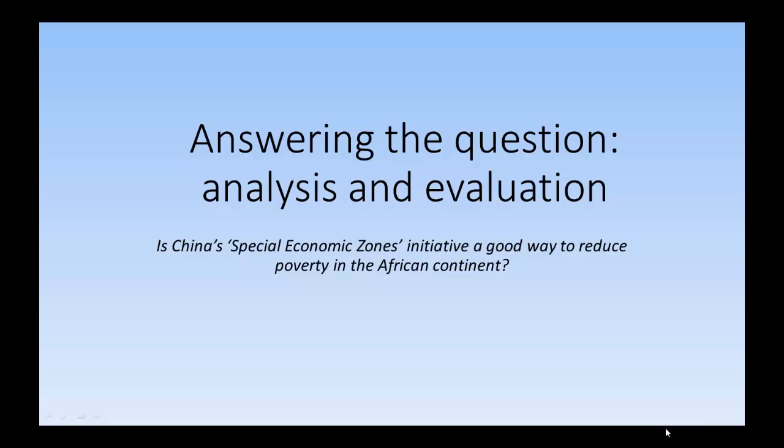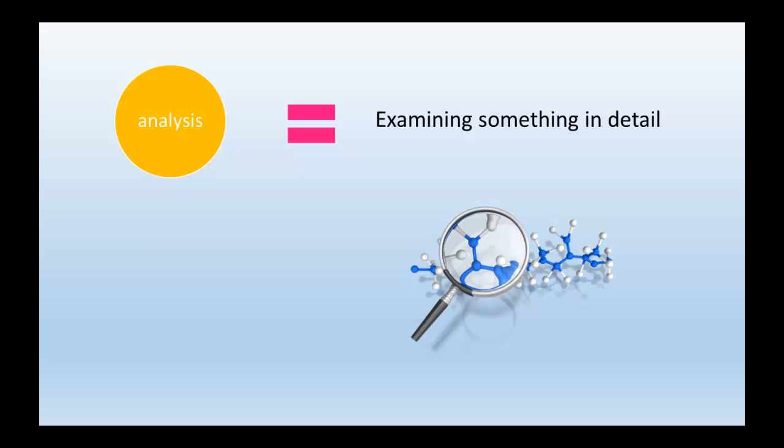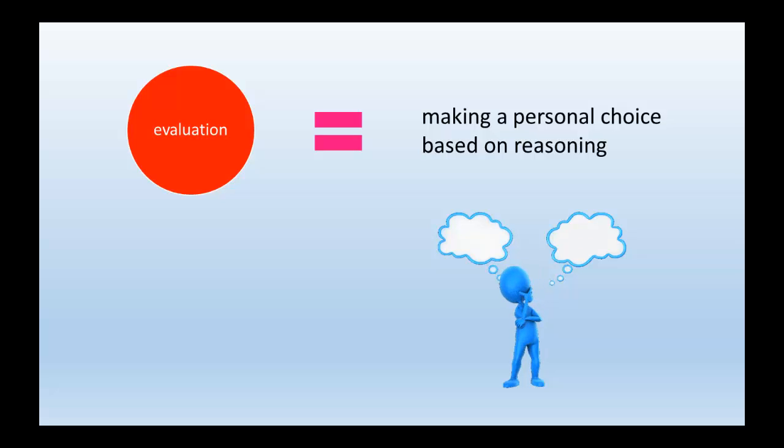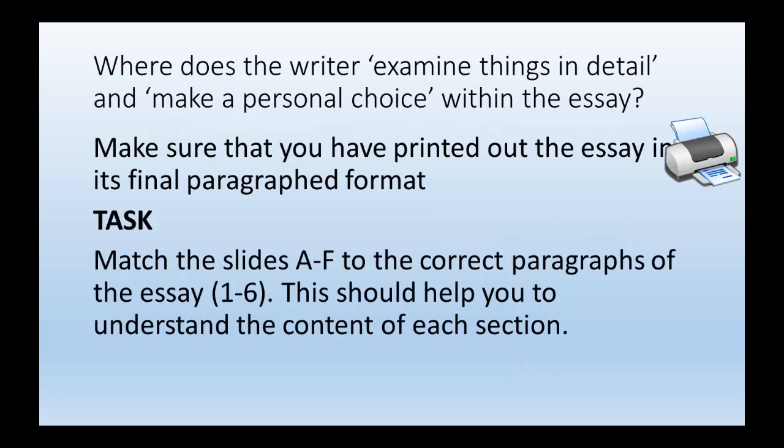So in this video we're going to look particularly at answering the question and the language of analysis and evaluation. We're going to look at how the writer answers the question using critical language. Now you know that critical language involves analysis, which is examining something in detail, and evaluation, making a personal choice based on reasoning. And in this case it's going to be based on evidence from reading sources. So where does the writer show evidence of examining things in detail, and where does he make a personal choice